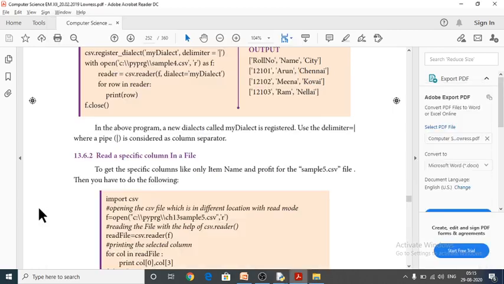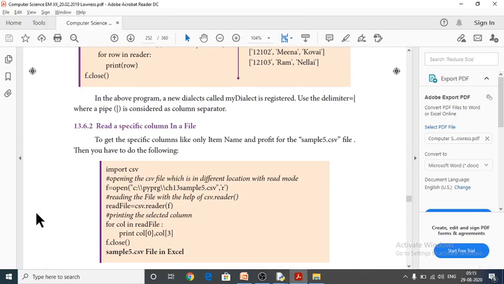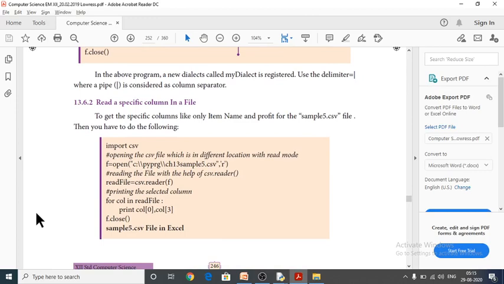For that I have to use a different function, print col 0, col 3, whichever column I want to read should be used here. So for that we have to use these two lines here.